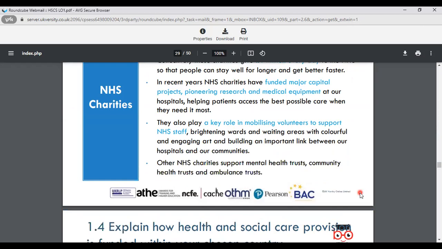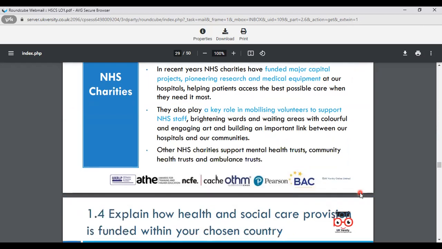They also play a key role in mobilizing volunteers in order to support the